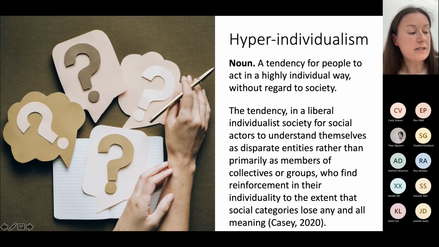Zachary A. Casey's definition sees hyper-individualism as the tendency in a liberal individualist society for social actors to understand themselves as disparate entities rather than primarily as members of collectives or groups, who find reinforcement in their individuality to the extent that social categories lose any and all meaning. Casey goes on to describe hyper-individualism as everyone being independent social agents, independently responsible for their social location and social